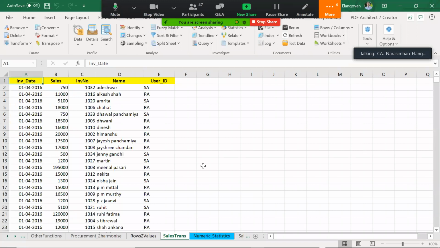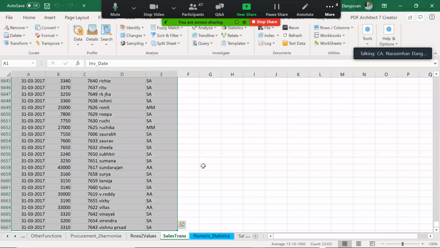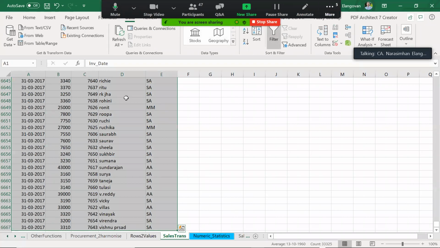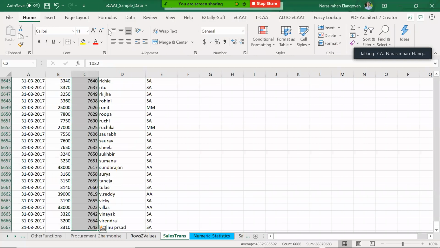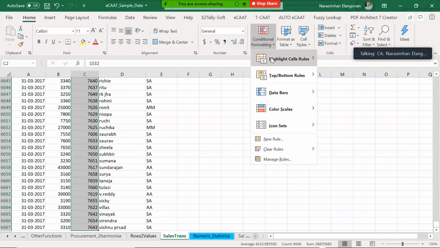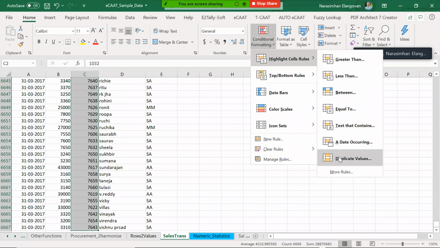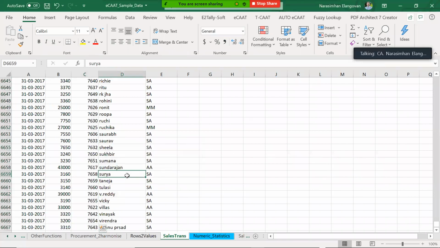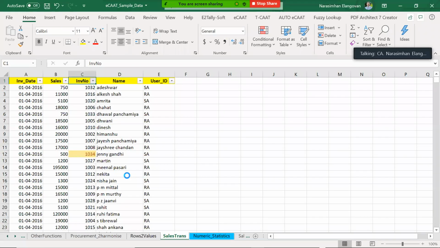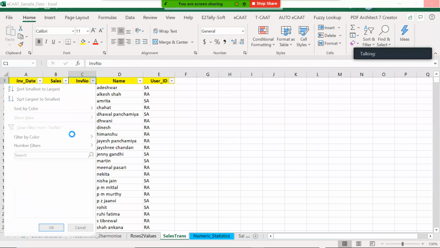Okay, somebody was asking, sir, how can I use Excel to identify duplicates? So I'm filtering this. The moment I apply the filter, I'm using Excel because somebody was asking me. I choose the invoice number column. I go to the home tab. There is an option called conditional formatting. Under that, I have what is called duplicate values. So just click on duplicate values. You can highlight it in the color you want, yellow, green, whatever. I just say okay. Now it is highlighted. I just have to go here. Go to the filter tab now. Alt down arrow. Filter by color.